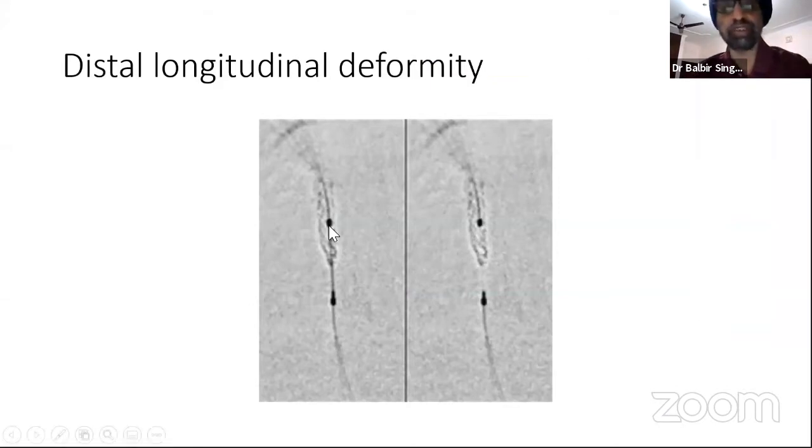This was a difficult lesion to cross with a stent. So there was a buddy wire on the side of it. Unfortunately, the buddy wire was not removed while the stent was deployed. And when the buddy wire was removed, you see this kind of stent deformation. So this indicates problems. This can sometimes lead to no other balloon crossing this lesion, and then you have to use many other techniques to get across it.